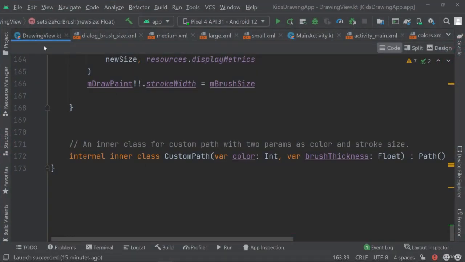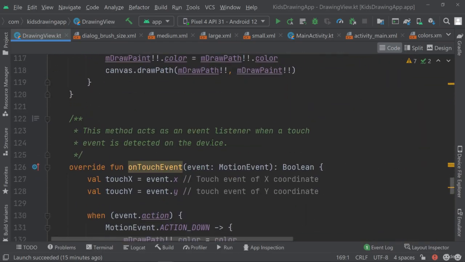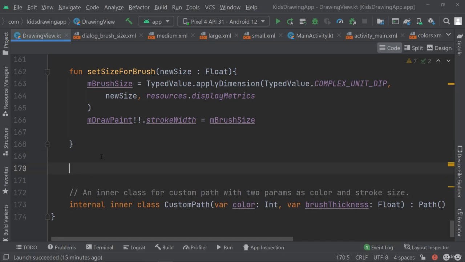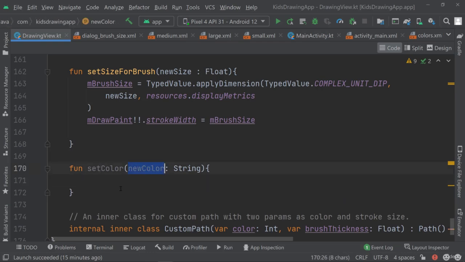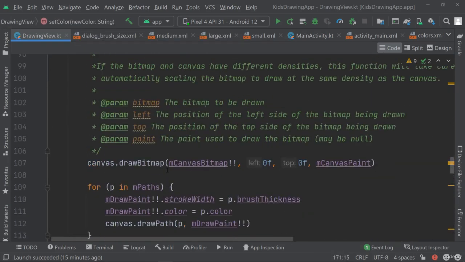And therefore, inside of my drawing view, I'm going to create a new function. So I'm going to go to a spot where I want to put it, just at the very bottom. And here I want to have a function which will allow me to set the color. So fun setColor, which will require a new color that we put in, and it will be of type string. So we pass this parameter newColor, and we're going to overwrite the color that we have here at